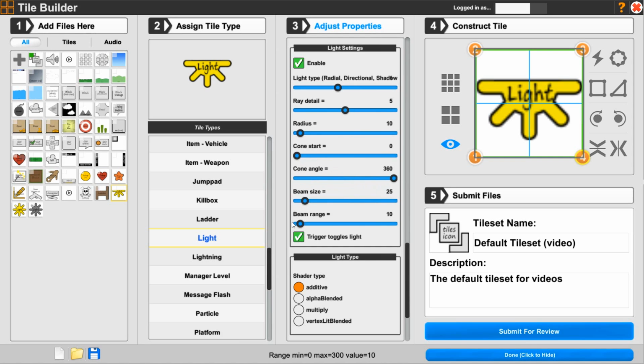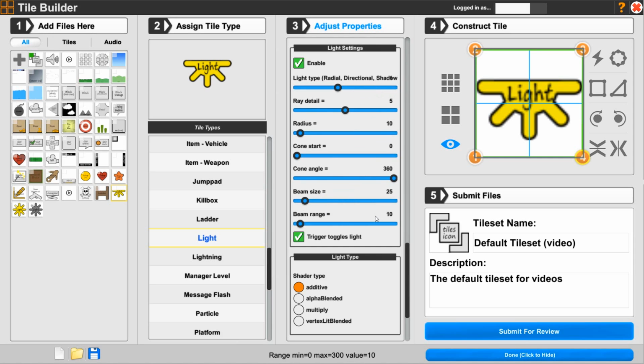The beam size and beam range. So these are going to be the two that actually play a part of the direction. The size for this one is how big, but then the range is how far. Right now it's only going down to 10, which will be fine for the default value when a player drops it in. You don't want it to cover the entire scene, but you do want it to be large enough